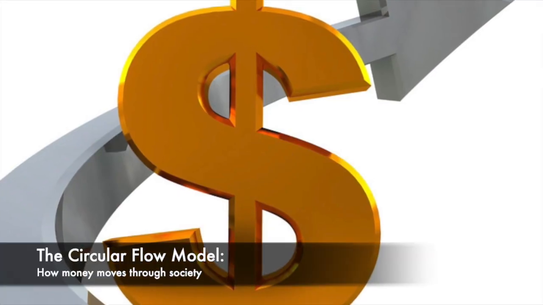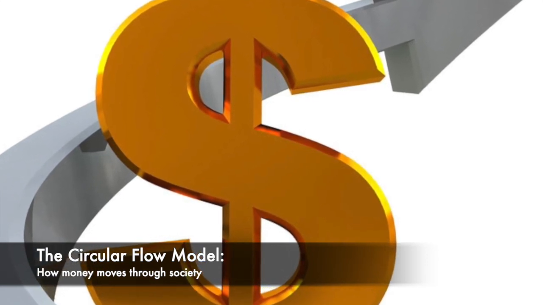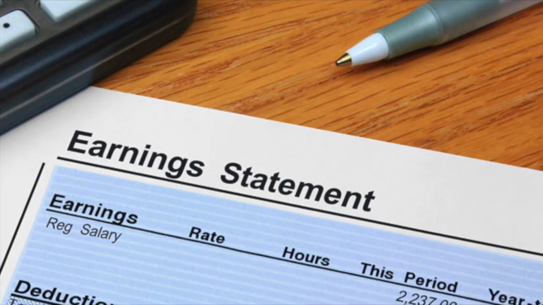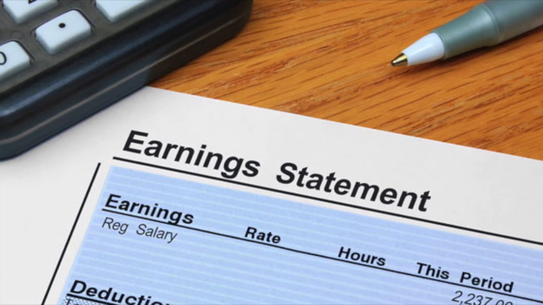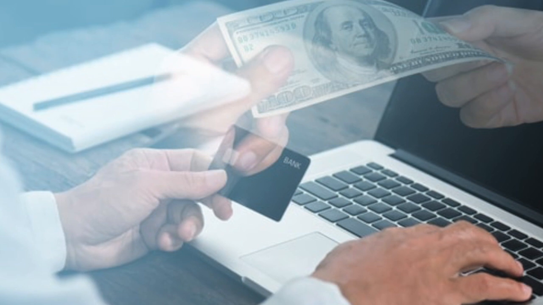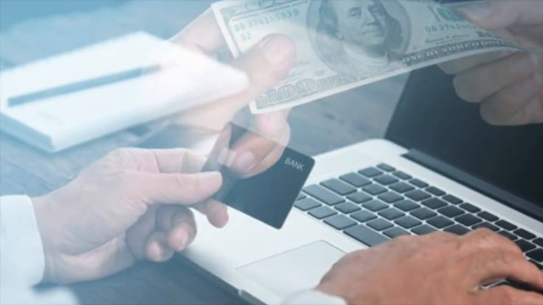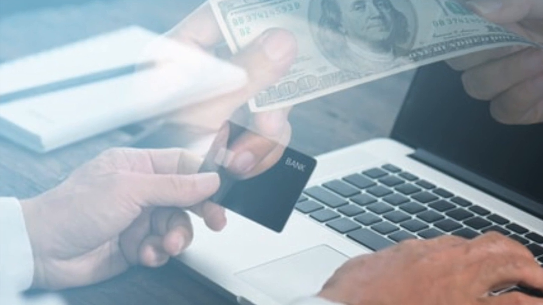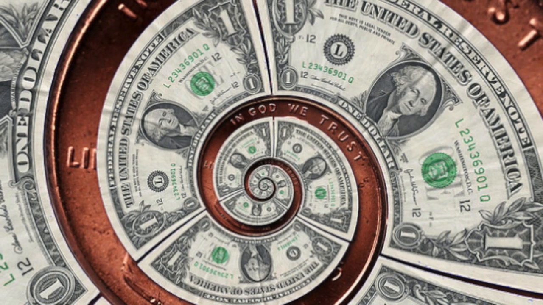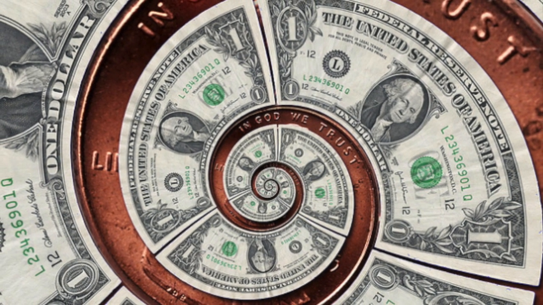The circular flow model is used to explain how money moves through our society. Money flows from the producers of goods and services to their workers as wages and income. But that money eventually flows back to the producers as payment for the products and services that they developed. What the circular model shows us, in short, is that an economy is an endless circular flow of money between